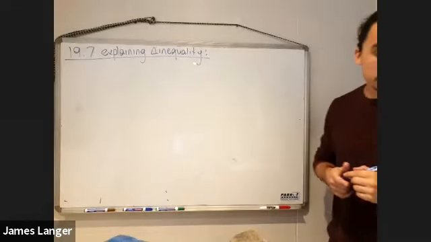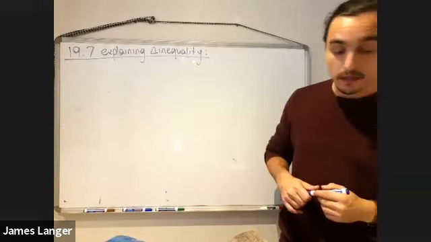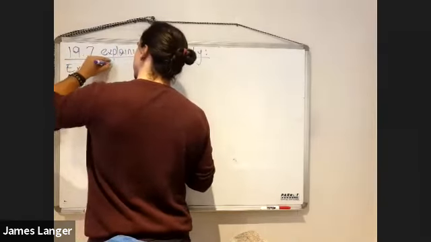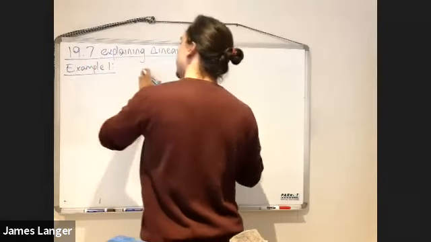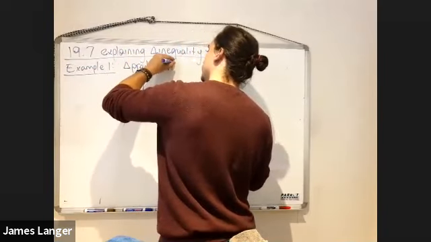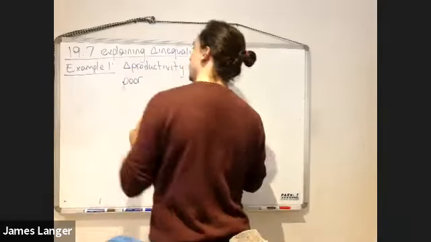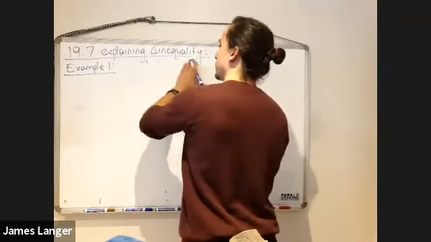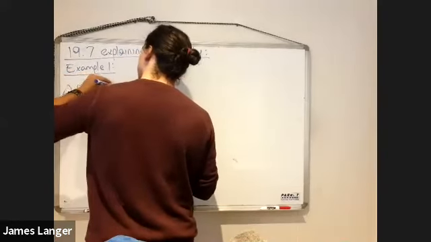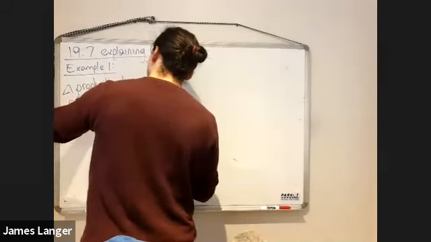Okay, so the first one is example 1, changes in the productivity of the poor. So example 1 is a change in the productivity of the poor. And in our setup here,